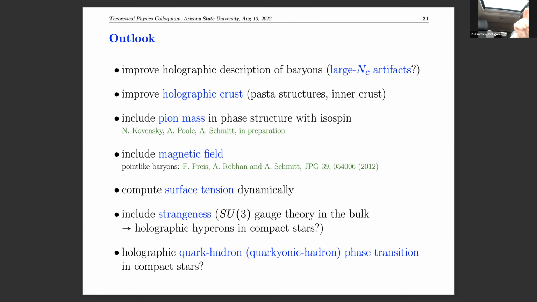So could I ask how it behaves versus...? Actually, we do have it in our paper. I have to remember. It does have a maximum even without the quarkyonic phase. That's one thing that's interesting for you probably. So in the nuclear matter phase, it has a maximum, not very pronounced.